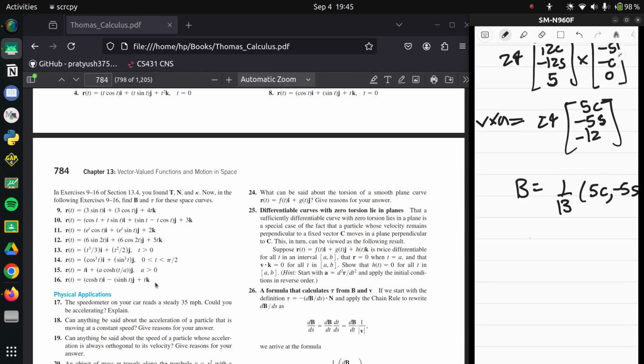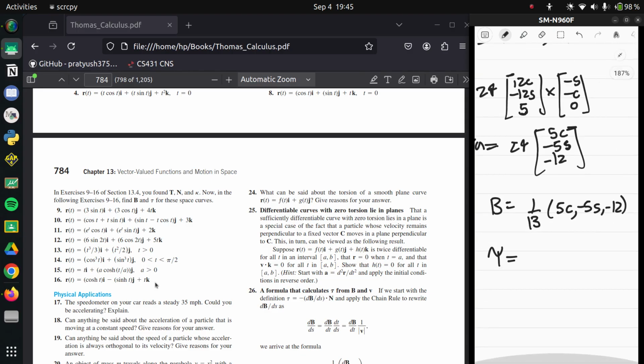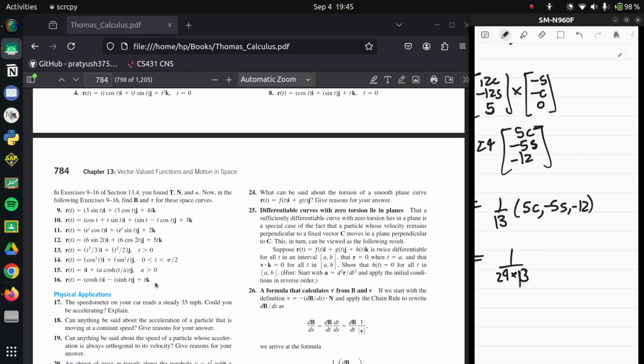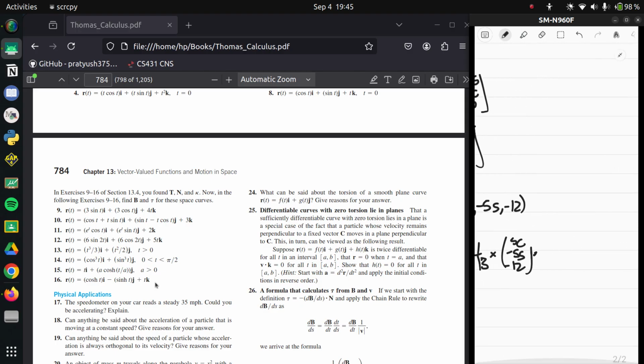Oh yeah, okay. So we wanted to find the torsion. So the torsion, which is, yeah, okay, that actually makes sense. So there's 1 upon the magnitude of the velocity, so the b cross a thing, which is just 1 upon 24 times 13, and from that point onwards we can treat it as a unit vector. So it's just 1 by 13 times this vector 5c, negative 5s, 12, minus 12. You can just treat it like that, and then dot product that with a dot. A dot is this stuff, so it's just 48